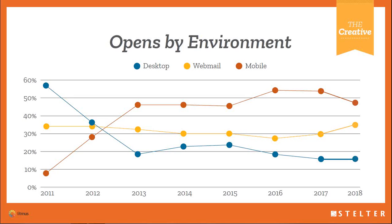Mobile continues to dominate over desktop and webmail. However, webmail has seen a slight uptick in usage. This potentially could be attributed to users using tablets and or larger mobile screen sizes, allowing for a better browser experience. Webmail is considered email. It's an email client that you can open on a web browser, so think of your Gmail or your Yahoo account. So what does this mean for us? Well, according to Return Path, 8 in 10 users